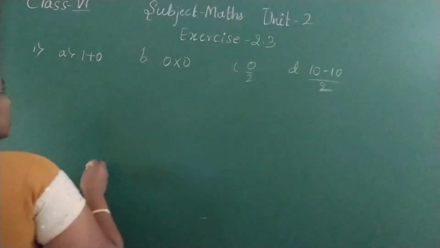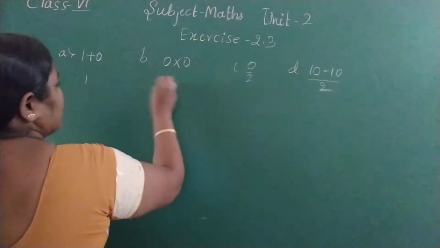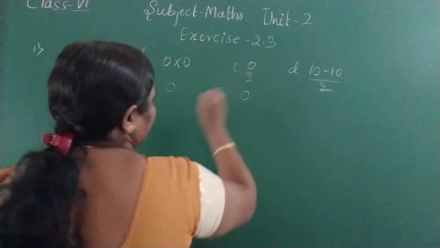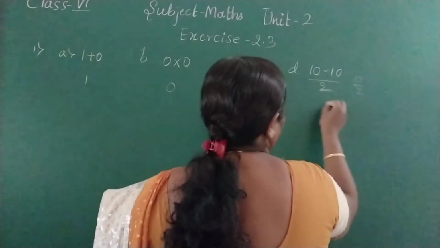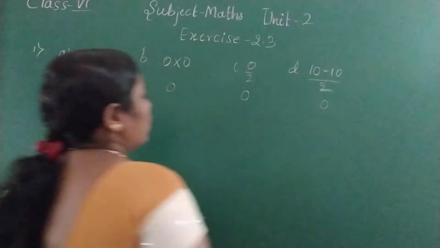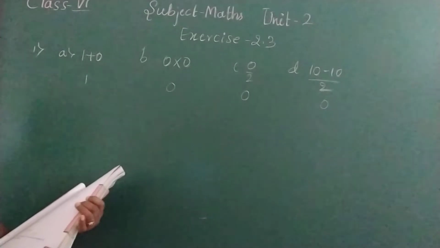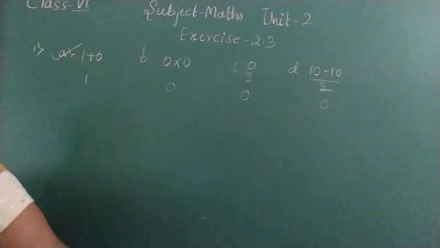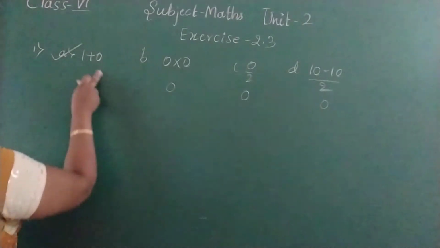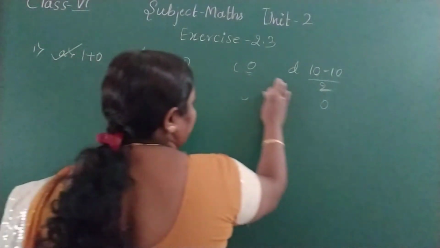Let's see this. 1 plus 0 is 1. 0 into 0 is 0. 0 by 2 is also 0. 10 minus 10 is 0, 0 by 2 is also 0. And their question is, which of the following will not represent 0? So this option does not represent 0, it shows 1. So the answer is A. Next,